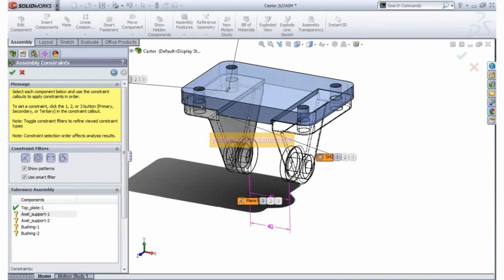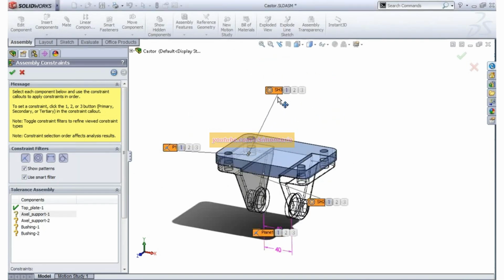Now it's giving me detailed instructions on the assembly sequence. Which faces are you going to apply first? It's going to take its best guess. And you can hover over these symbols here. It's showing you the coincident relation, or mate I should say, and the concentric mate here. So you can tell it which thing you're going to put in first. I can say, oh yeah, I'm going to line this up first, and hit the number 1. So I click on number 1 and that's the first face that's going to be slapped together. Then the next face I'm going to pick is this back wall right here. So that's going to be item number 2. And then item number 3 to line up the holes.